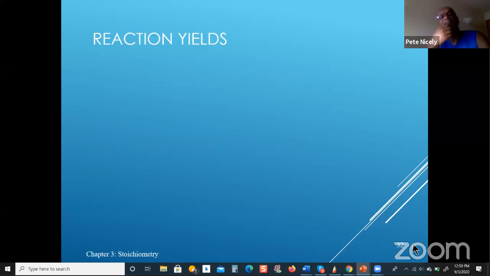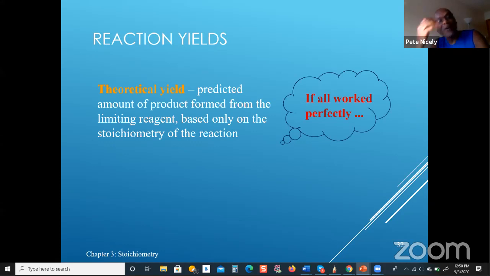So the next thing we're going to talk about is the whole idea of reaction yields. And again, this is something that you should be familiar with from your previous experience. What we have been working on, for example, in the last example, when we calculated the amount of product based on the amounts of reactants that we started off with, what we were actually calculating is what is known as a theoretical yield. The theoretical yield is basically the amount of product you expect to get. Now in practice,